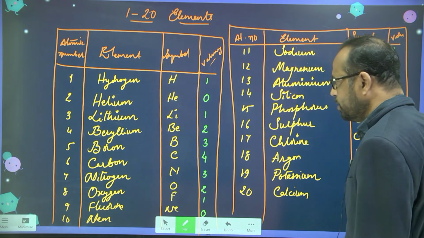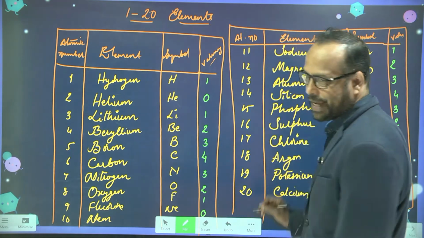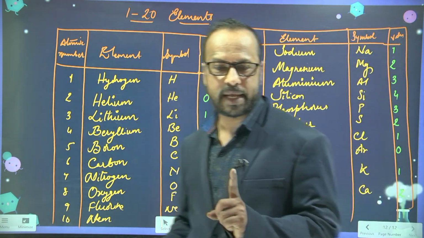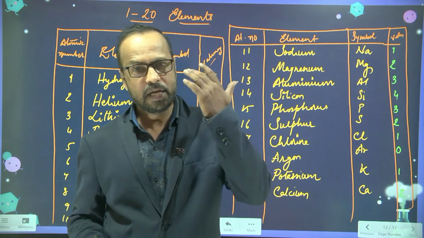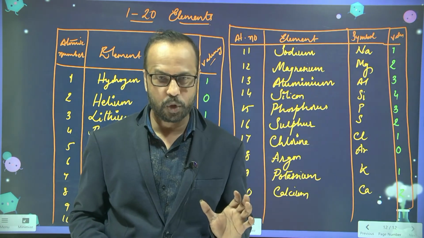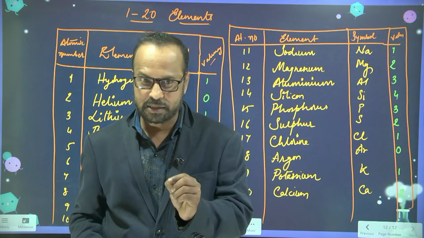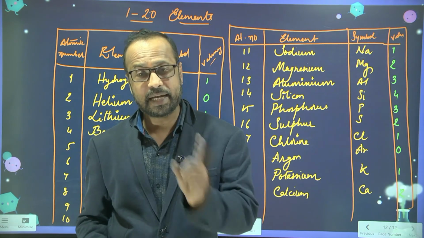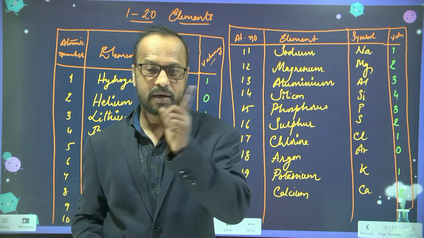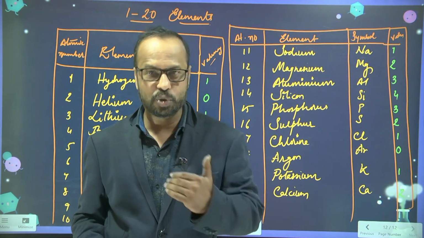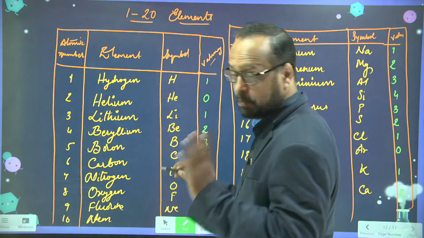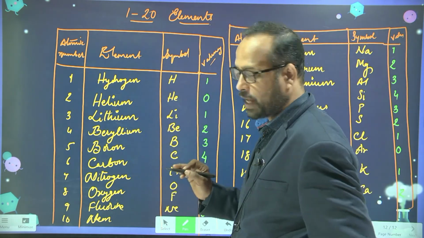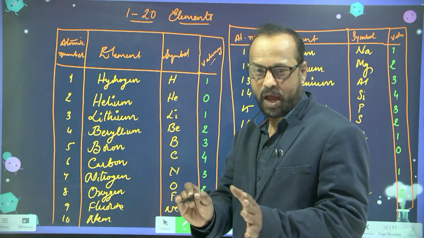So students, here first you learn these 20 elements, like hydrogen, helium, lithium, beryllium, boron, carbon, like this. You learn 20 elements first. Okay, and learn their symbols also. Hydrogen is H, helium is He, and so on. Symbols you learn. Okay. Then you see students here, simple way I am saying to you, that's not actually the way, but for you, how to remember.